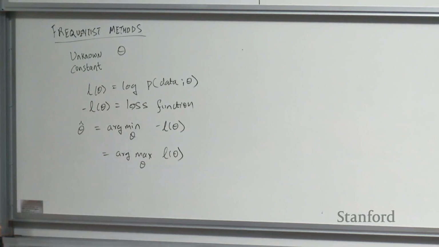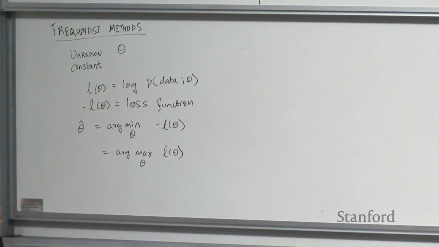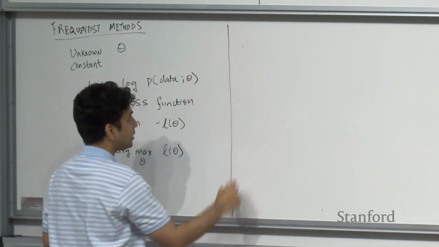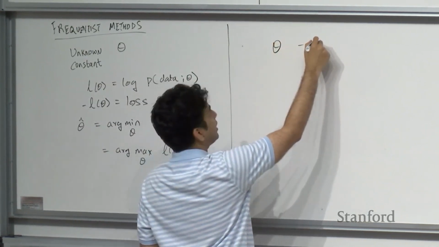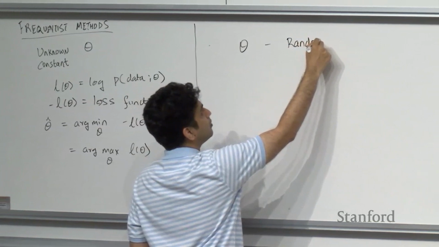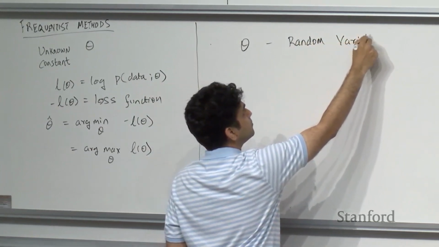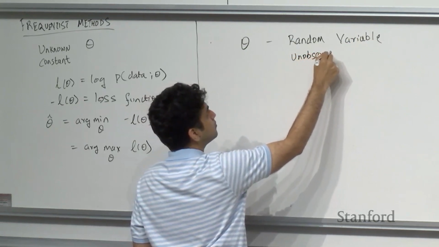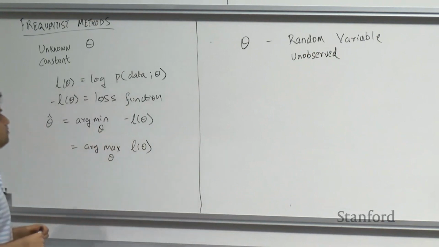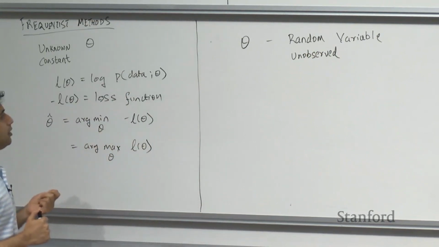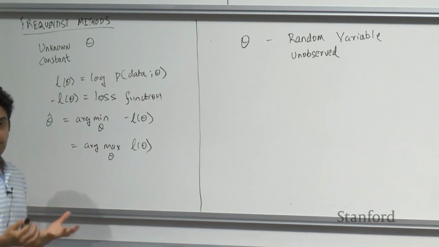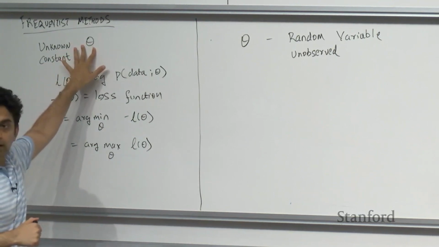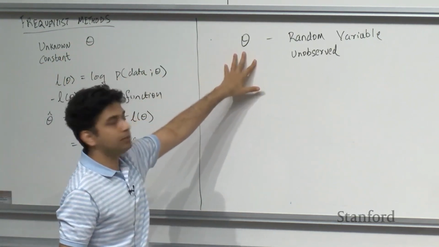Now today we are going to look at a different approach to attack this problem, where theta is a random variable. We think of it as a random variable that is unobserved, right? So this small little change, which may seem innocent, is basically the fundamental difference between Bayesian methods and frequentist methods. In frequentist methods, there is some unknown constant theta, whereas in Bayesian methods there is a random variable theta which